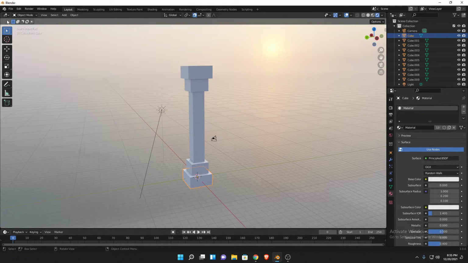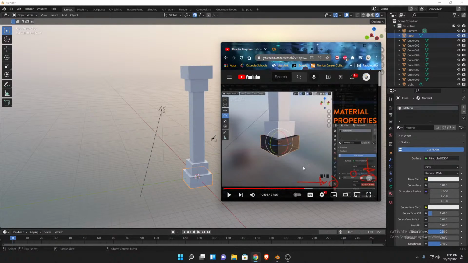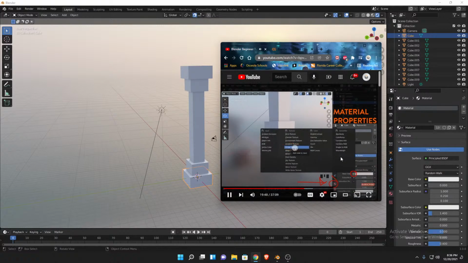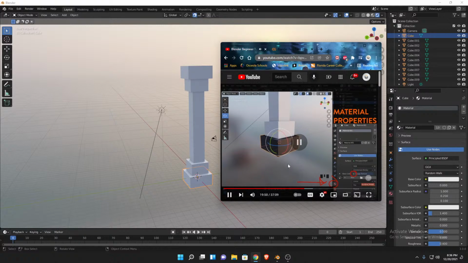Okay. us to bring in a texture. So I'm going to go ahead and do that. Hit open button. And what that's going to allow us to do is now